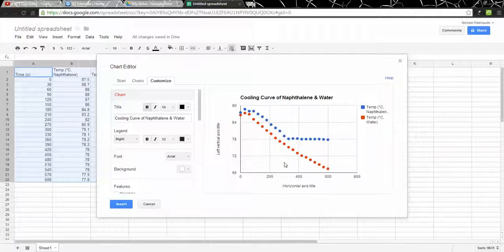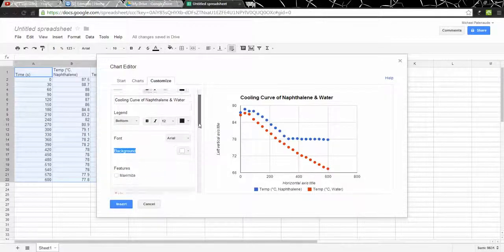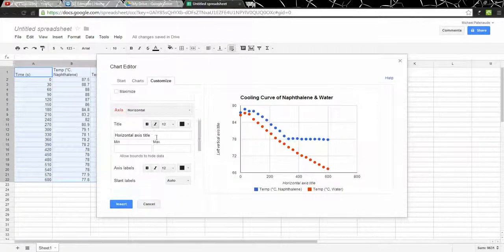It gives me an option for a legend, which right now is on the right-hand side of the screen. It lets me put it on the bottom. I think I'll do that. I'll move it to the bottom of the graph. If I scroll down even further, let's see, there's a horizontal axis options, and it gives me a chance to